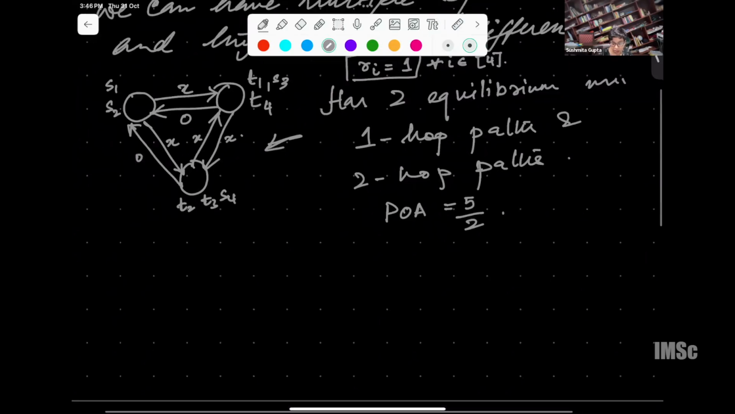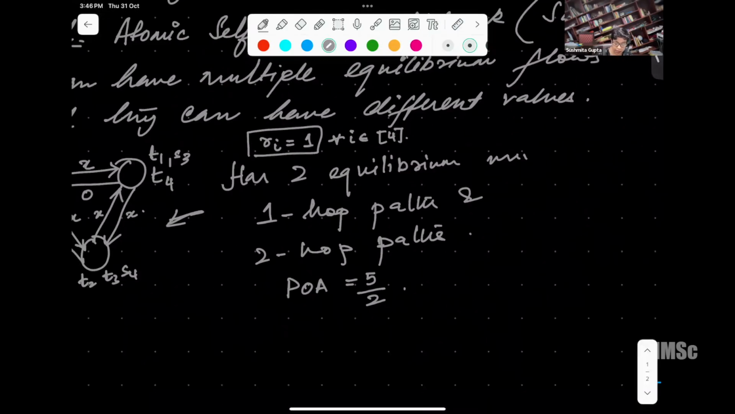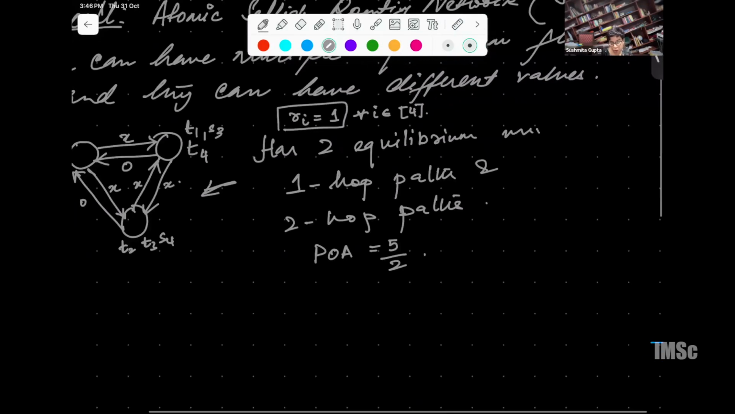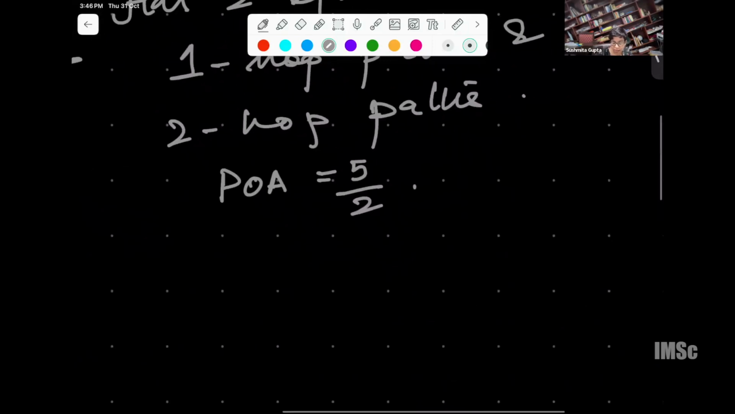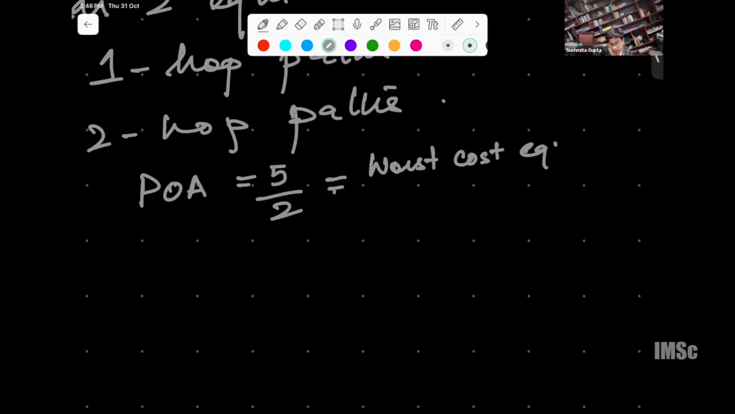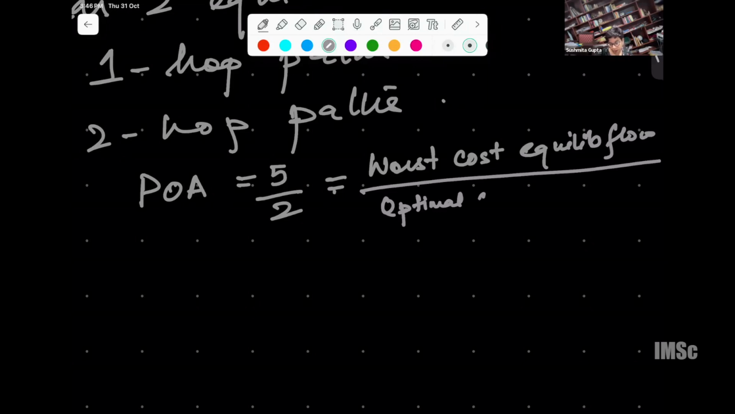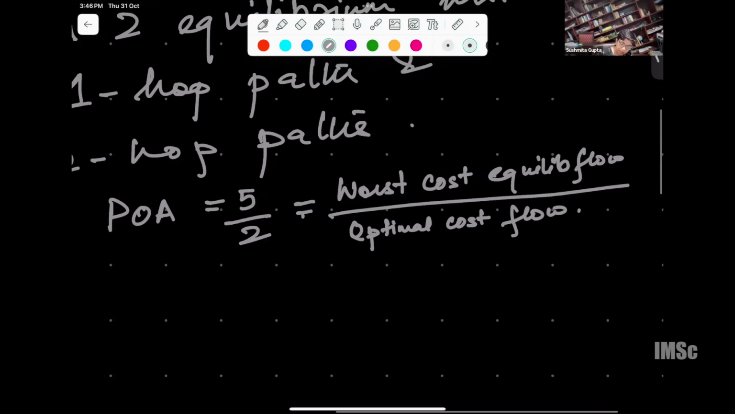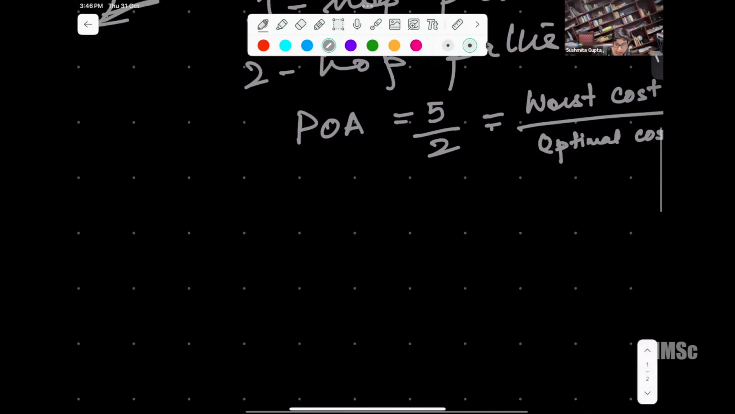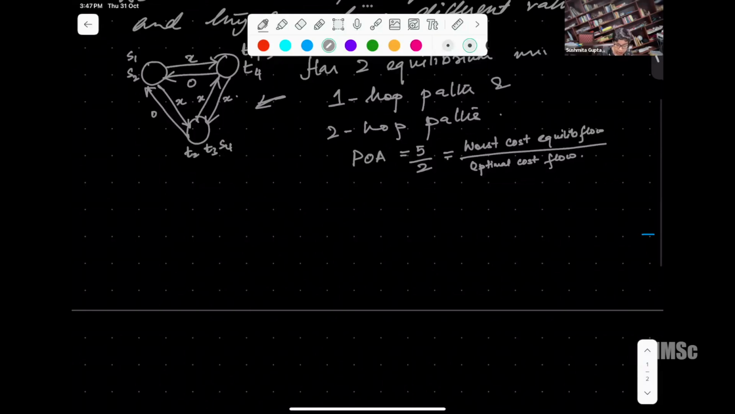Okay. So the point is that they can have different equilibrium flows. But when we say POA, which means the worst cost equilibrium divided by the optimum or minimum cost flow, this is 5 by 2. Okay. And there's a theorem